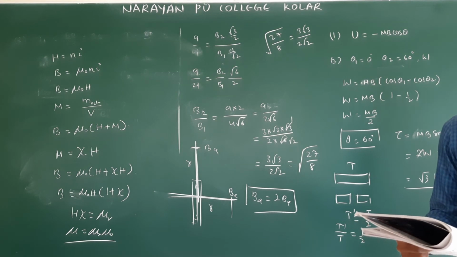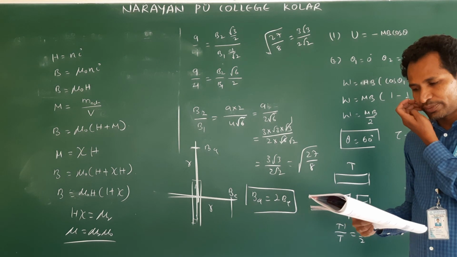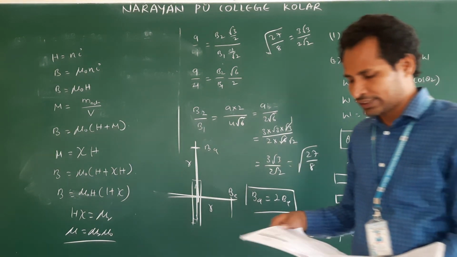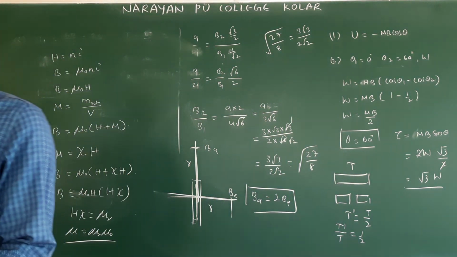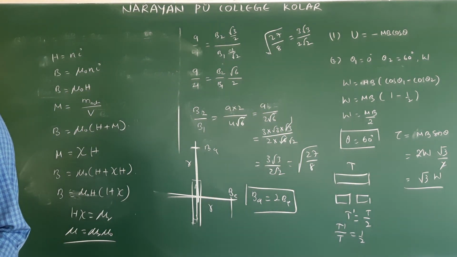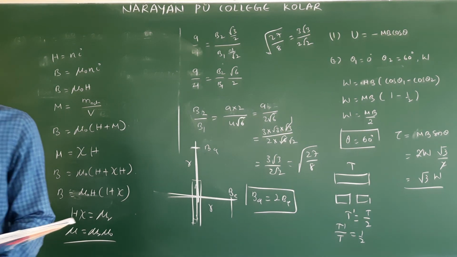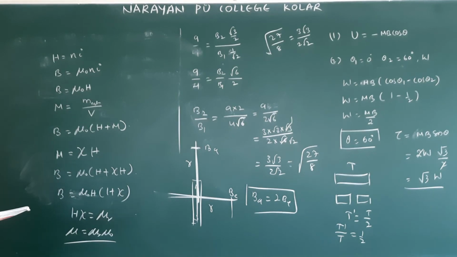Based on the question, we will select the formula. Here they have given diamagnetic substances, their properties in detail. You just read, I already explained. If you want a detailed explanation, see our material. There is a long table, and a one page description about these three materials. Clear? Okay. Remaining we'll see in the next class.